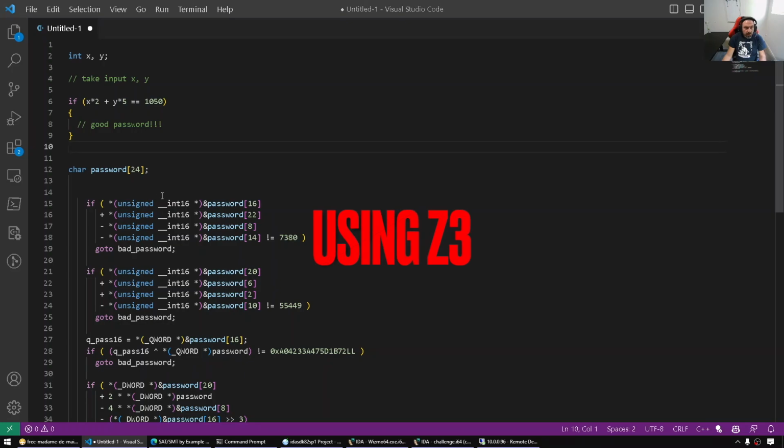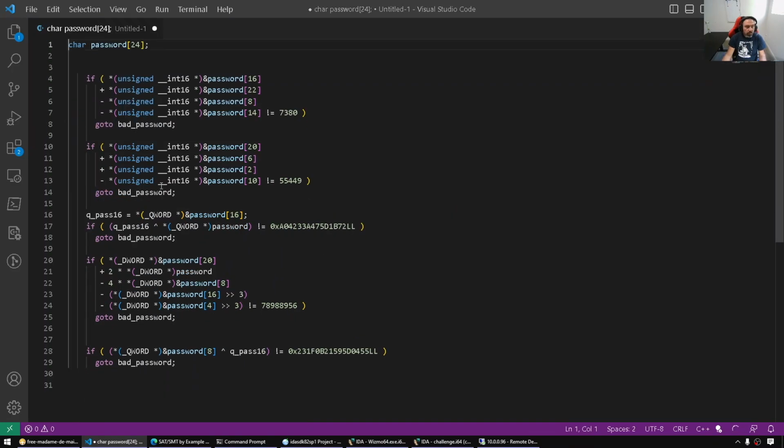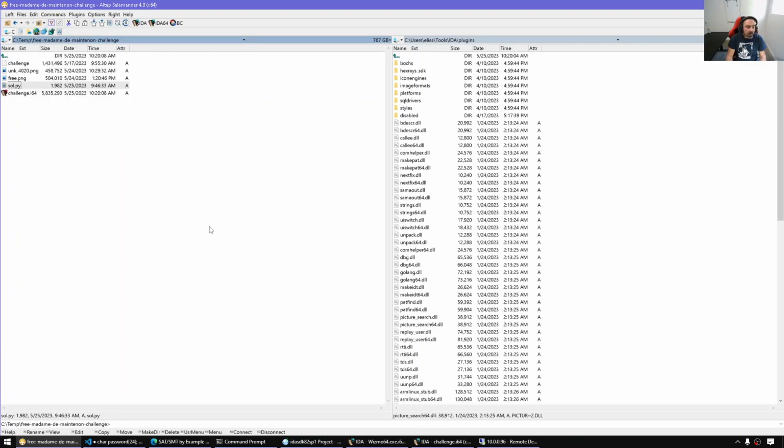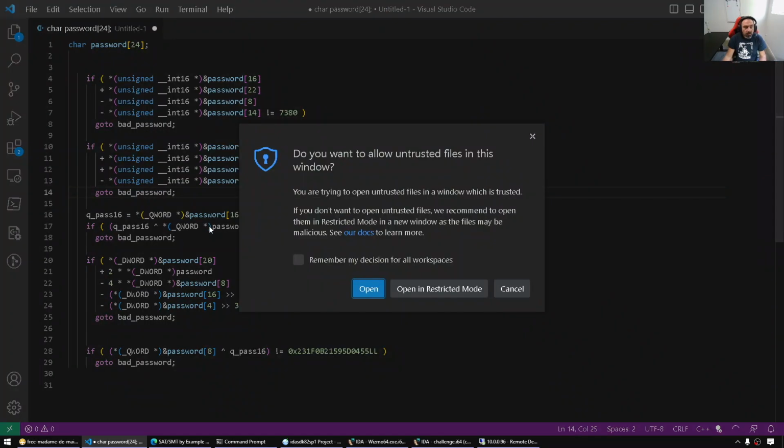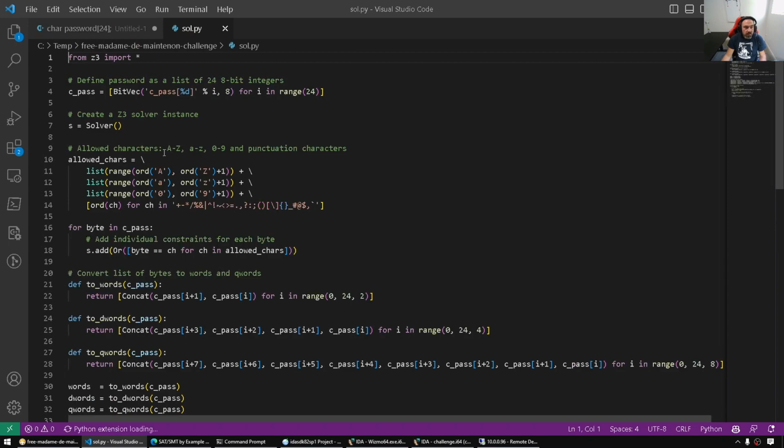If we now go back to our challenge, we need a way to express all those conditions. Very simple. That's all we want. We want 24 characters, so we want 24 numbers, and then we will have simply solver.add that condition and so on. And for this, to save time, I have already prepared the solution, so I'm gonna just go over it with you